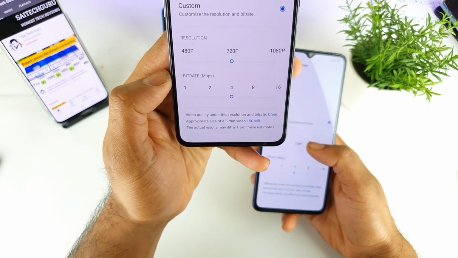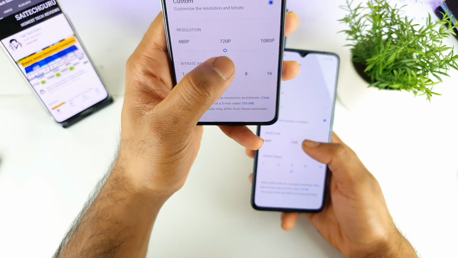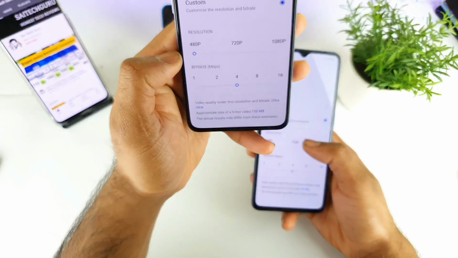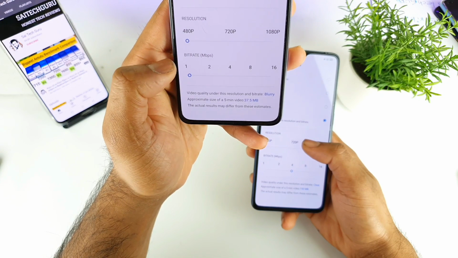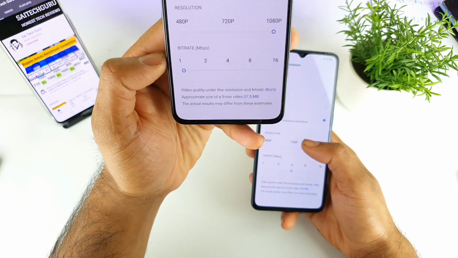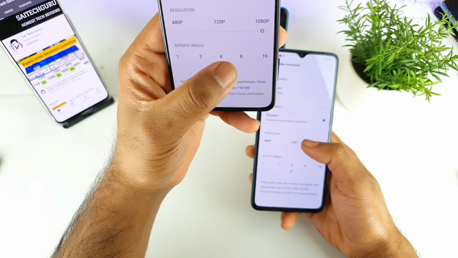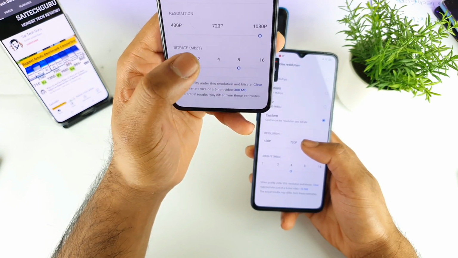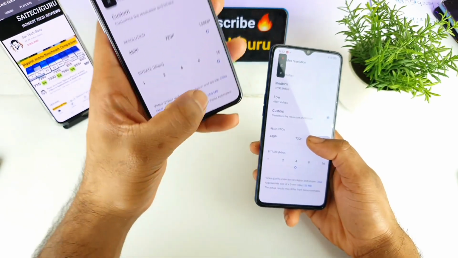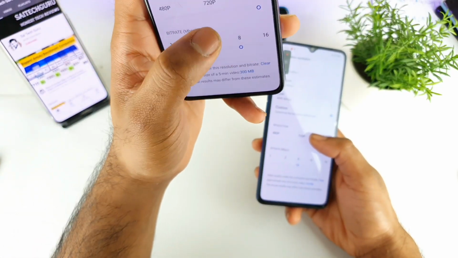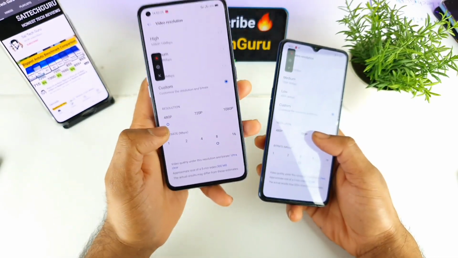That will give you a clear indication that the screen recording is going to be very good. Let me try to decrease the resolution, and as you can see here, it says ultra clear. At 1080, with a bitrate of 1, it's blurry, 4 is clear, 8 is also clear, and 16 is ultra clear. This is how you can calculate, and the size is not changing when you change the resolution, as you can see, friends. This is one other thing you need to remember as well.